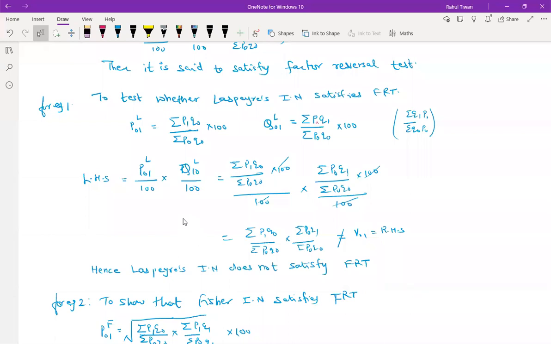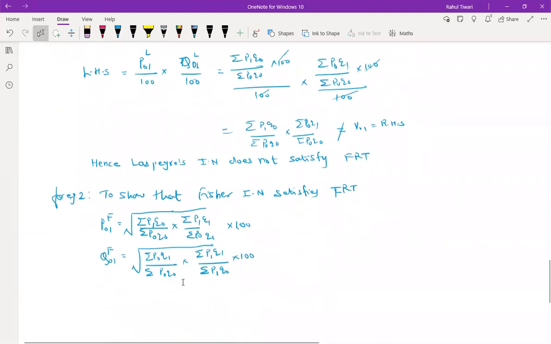And sorry, so I think this is 0 1. Okay, I have written here 0 1, but I multiply here 1 0. Okay, fine. This is Q0. This is not, because I have written here Q01, no? So it will be Q01. Okay. Similarly, here also you have a Q.